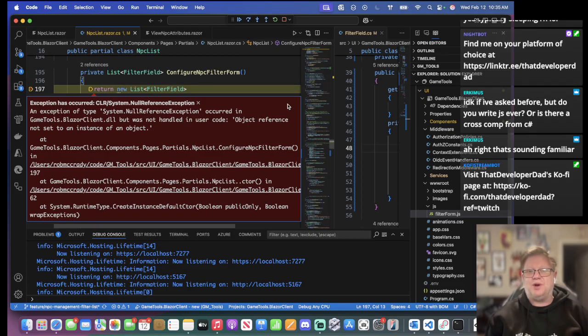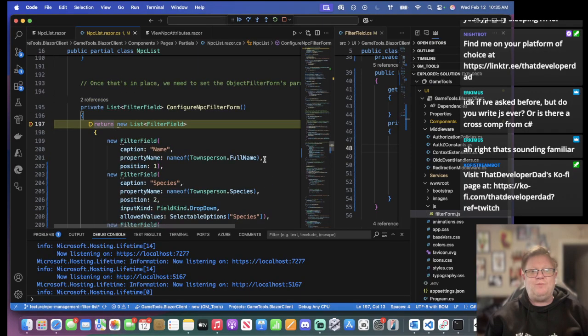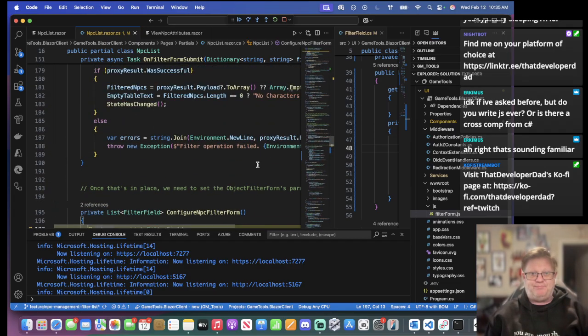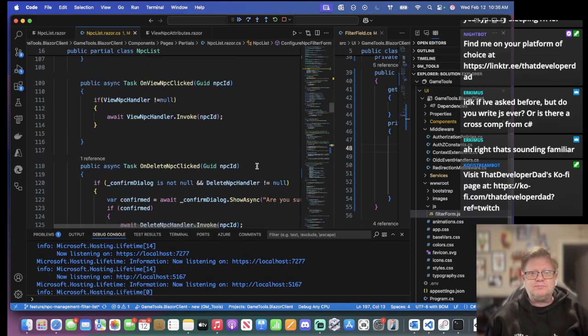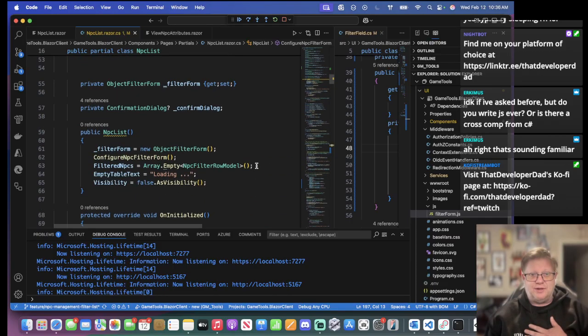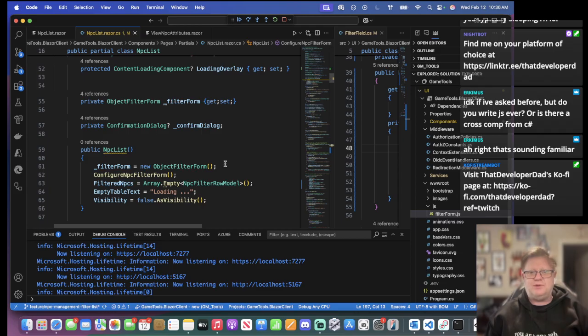Oh, I bet it's having trouble finding the thing. Excuse me. Goodness gracious. NPC list. What's this? Must contain a non-null value when exiting constructor. Okay, so let's just go ahead and